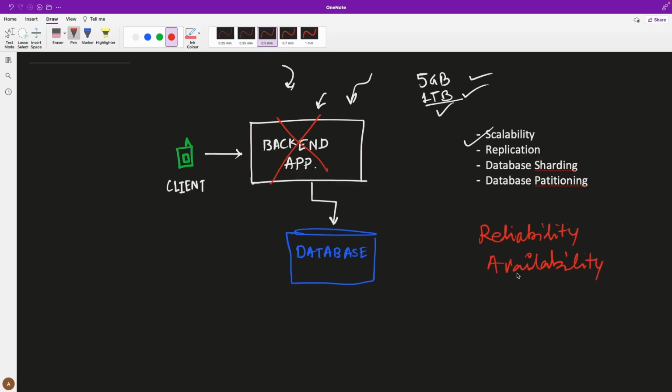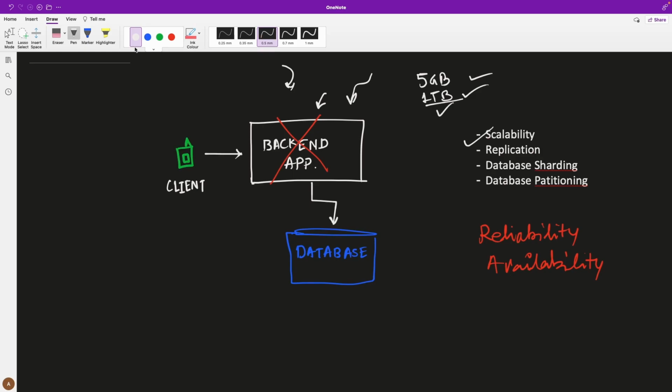So what was the problem that we faced? If your application is not available, your entire feature, your entire app is not available, because the client cannot contact any other application since you only had one instance, right? So these are the problems with vertical scaling. Instead of scaling your application vertically, you can scale it horizontally by adding more and more instances to your application and then adding them behind a load balancer.